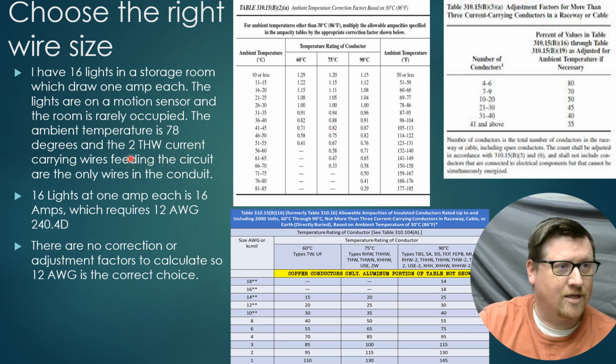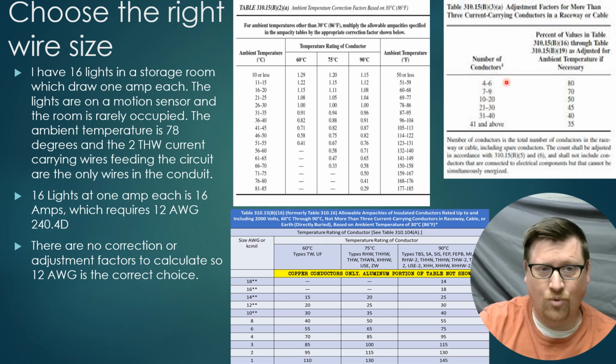And that the 2 THW current carrying wires feeding the circuit are the only wires in the conduit, right? Okay, so if those are the only wires in the conduit, I don't have to worry about adjustment factors for the number of wires in the conduit. And so that just leaves me with,